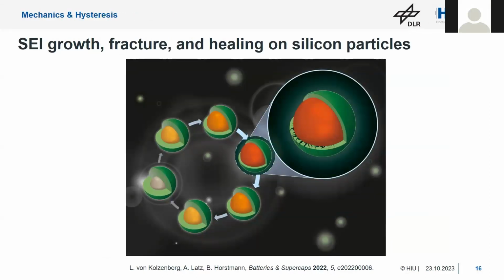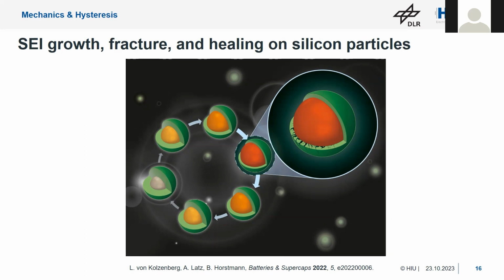Okay, so now I move from the rather simple graphite electrode towards the silicon electrode, because we want to develop, of course, new electric vehicles, new batteries with longer range. So batteries with higher energy densities, and particularly the graphite electrode has a rather low capacity. So to improve the capacity, the silicon material is the first you think of, and then maybe the lithium metal. The challenge with the